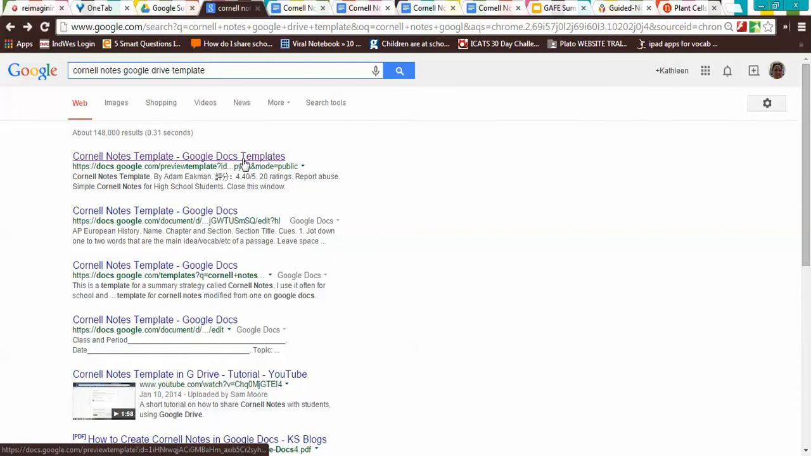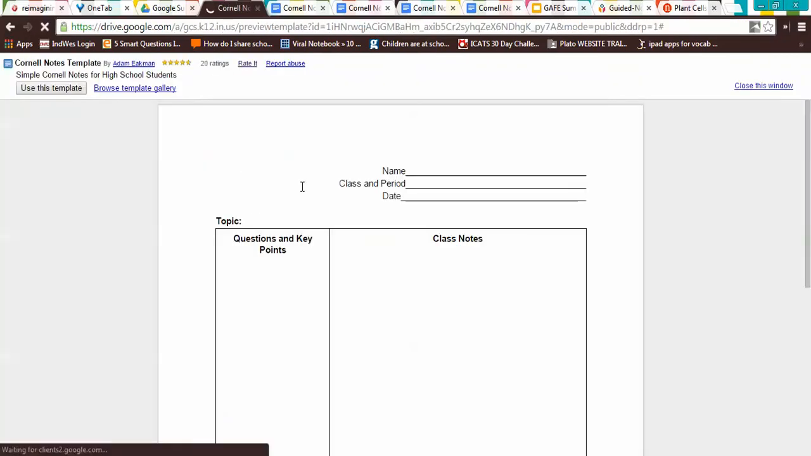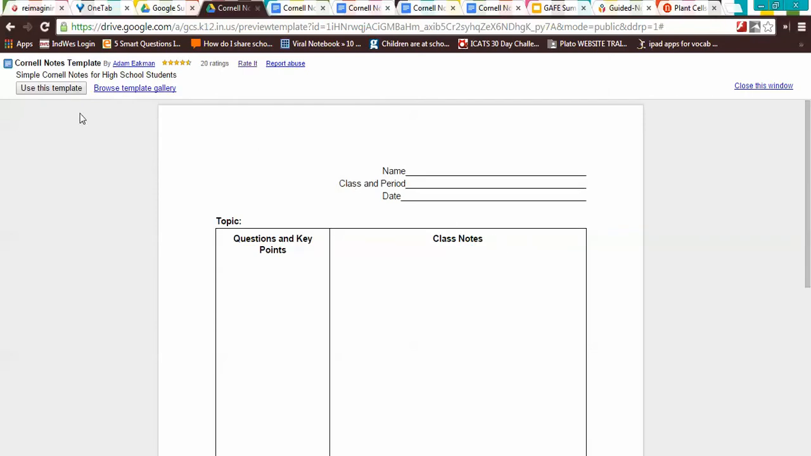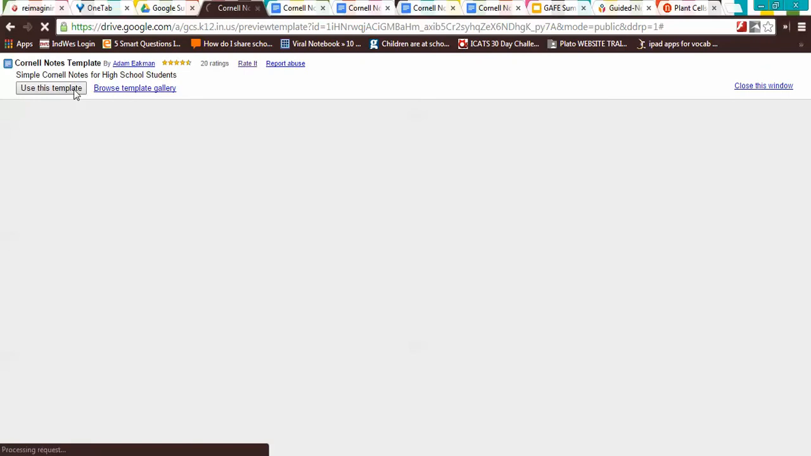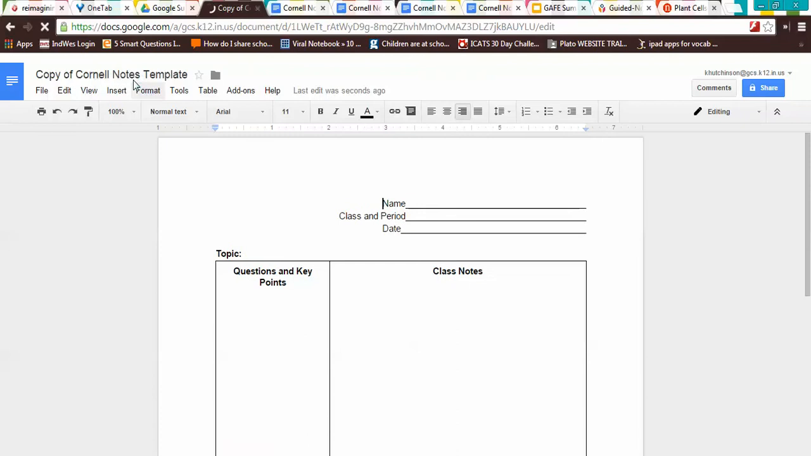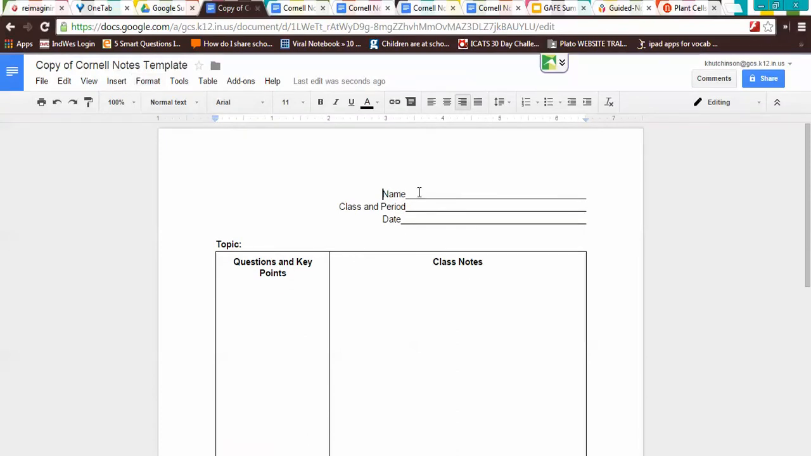I'm just going to choose the first one here, and it gives me classic Cornell notes with the summary, key points, everything. So if I click use this template, it's going to put a copy in my drive, and it's going to title it copy of Cornell Notes template. So now I can write on this template,